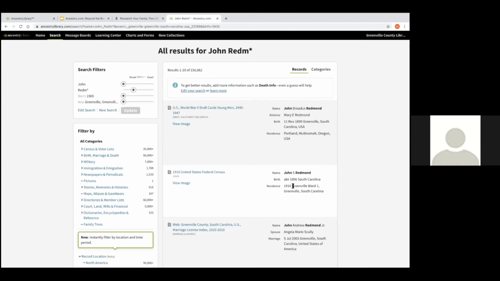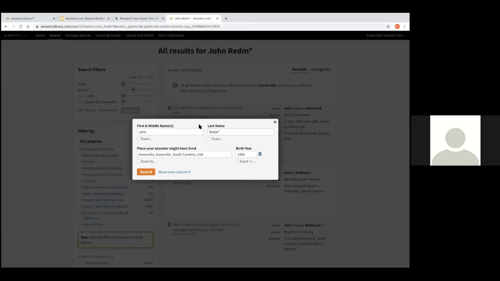I did want to mention a couple of things, and this is on your handout as well. So if you want a refresher, you can always look back on the handout and see how to do the wildcard searches. But a couple of notes: when you do a wildcard search, you must have 3 letters. So right now, when I did John Redmond like this, I already had 4 letters. So that was good. I have to have at least 3 in order to have the wildcard search work. And I can use the wildcard, either that question mark or asterisk. I can use it at the beginning or the end of my name, but I can't use it on both. It won't work if you try it on the first and the last part of the name.